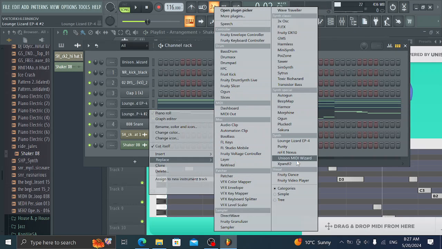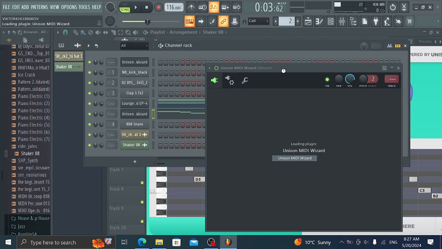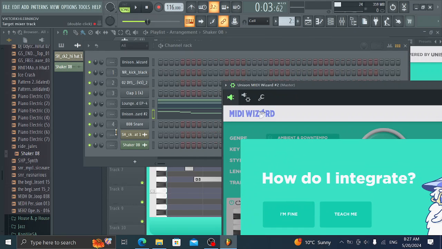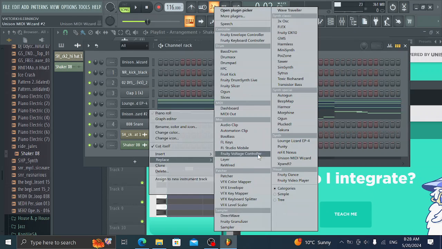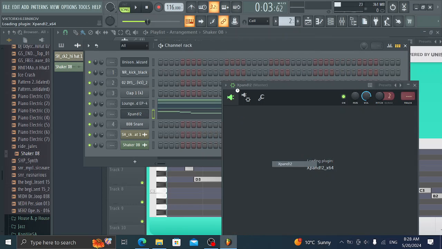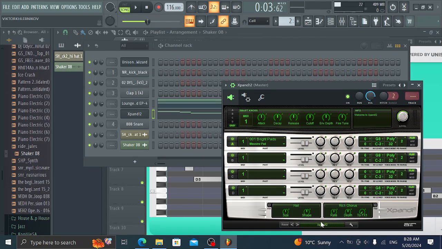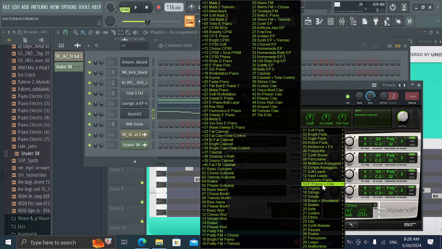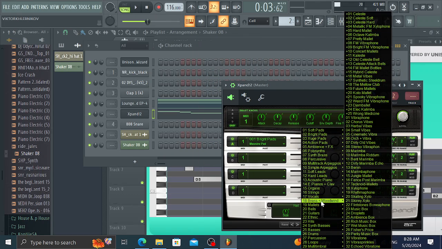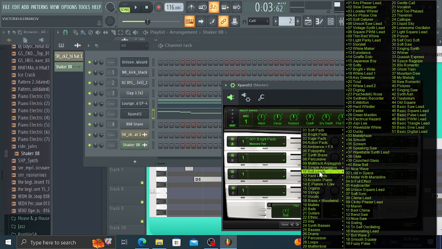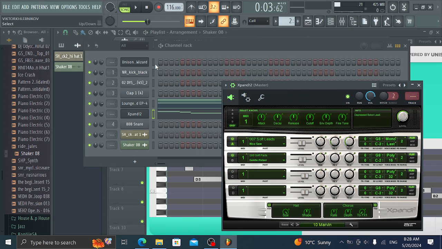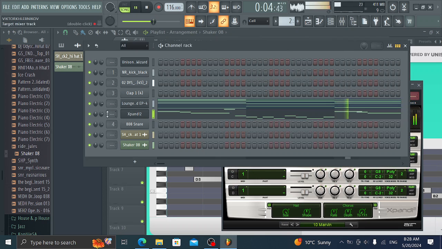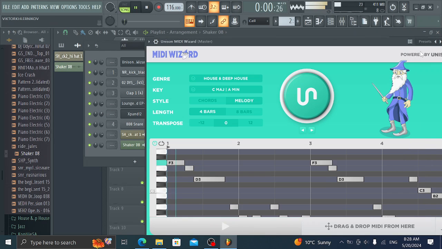And another thing, remember, it's not 100% accurate sometimes. So what you need to do is take the part of the melody that you like, and after you have that part, then you can use that melody. So now I'm just gonna look for a synth, because they sound better if I put a synth most of the time. Just gonna generate